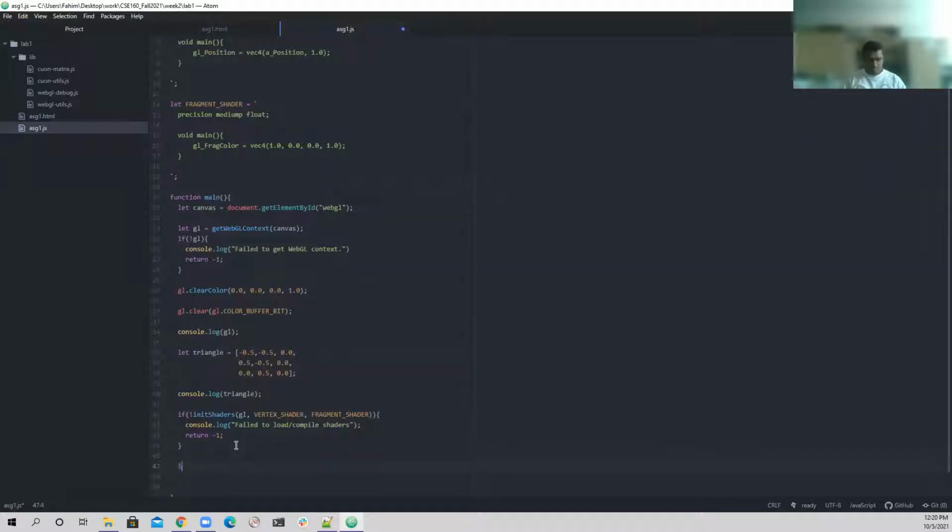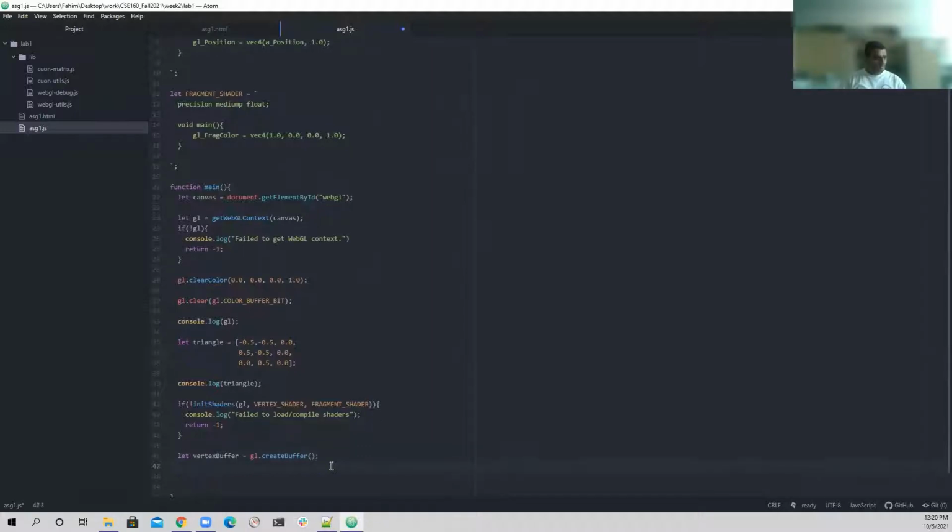So I'm going to create a vertex buffer. Then in the temporary memory, I'm first initializing the buffer. This is gl.createBuffer, a function that, again, you can see GL. This is a standard function defined by WebGL, OpenGL, or GLSL. Then I'm going to see if it is successfully created, because there can be an error with that. So if not vertexBuffer, then I'm going to throw an error saying